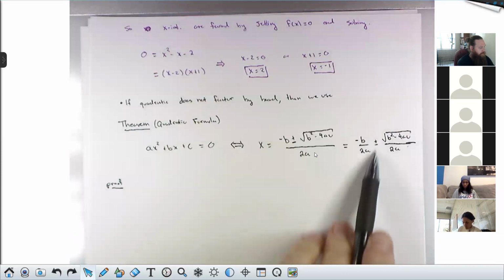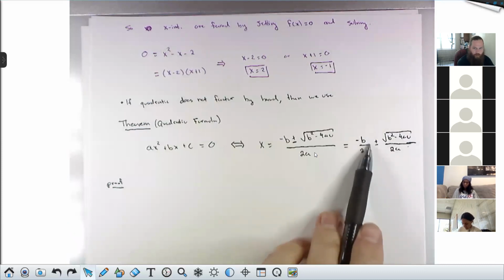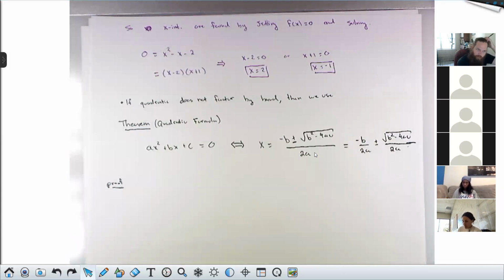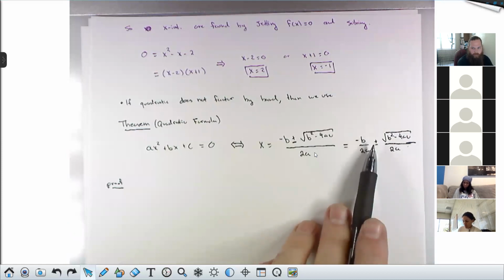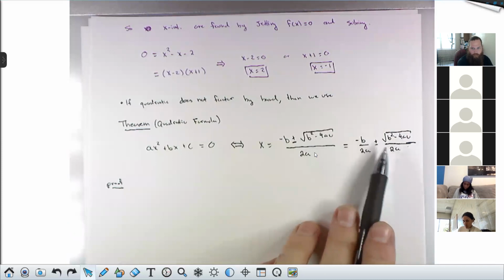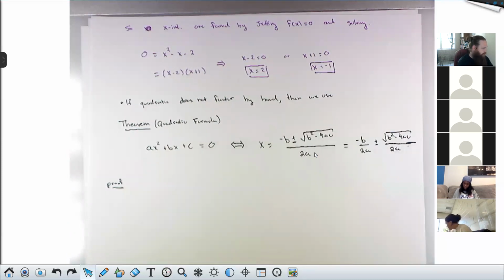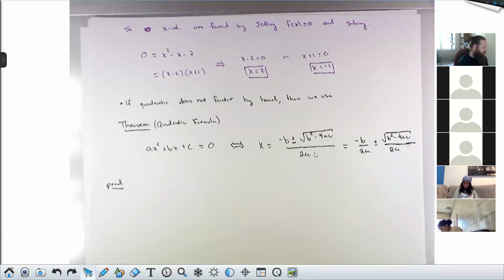For example, here's h, right? That formula that, who was it? Was it Chris that was asking about that at the start of class? So this is telling you, go to your vertex here, your x value of the vertex, and then walk either to the left or to the right some amount. All right, I'll talk about the geometric interpretation a little later. Let's prove the thing.